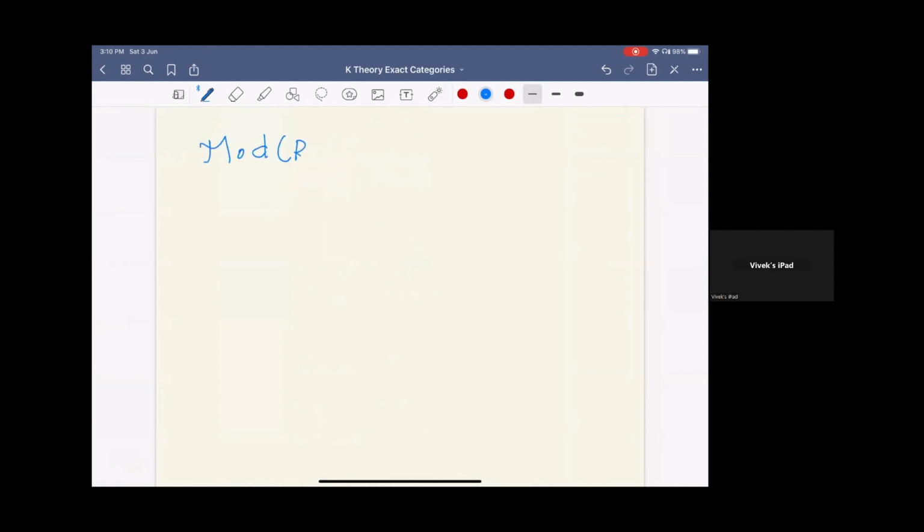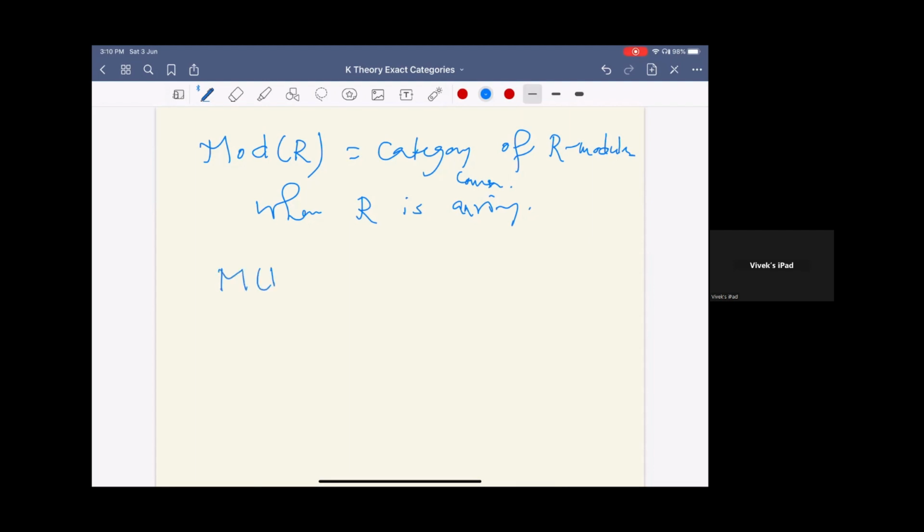Mod R, the category of R-modules, where R is a ring. Yeah, I think it's better to write ring here. This is also an abelian category. You can check all of it, because kernels and cokernels also have a module structure naturally. But you can consider the subcategory mod R,